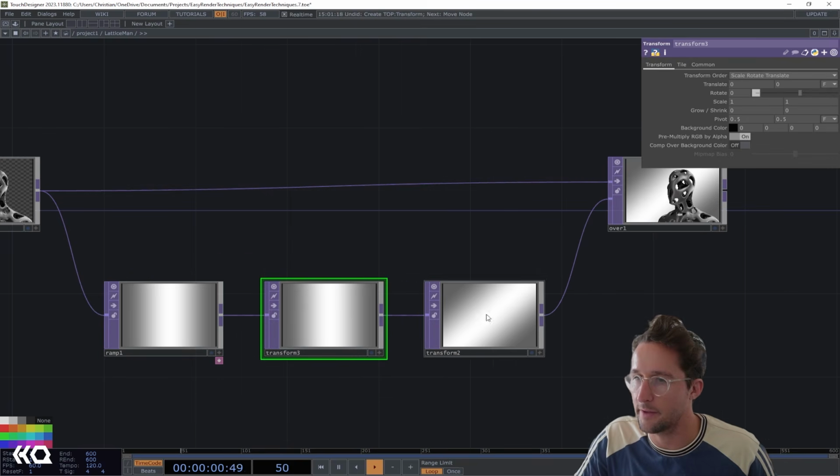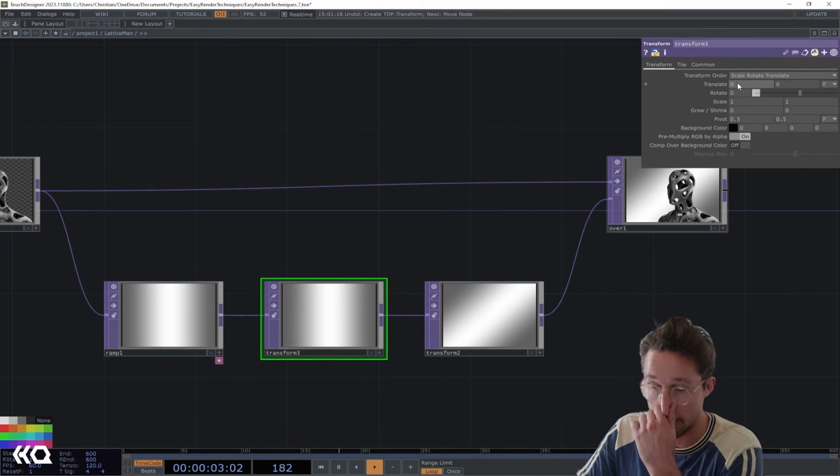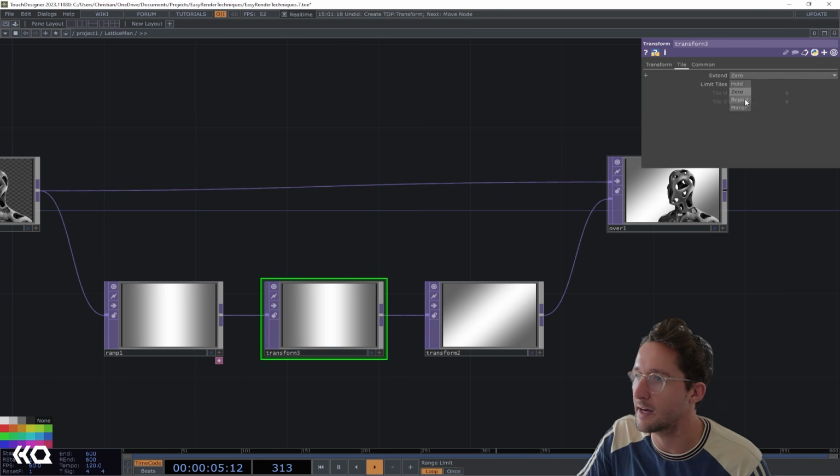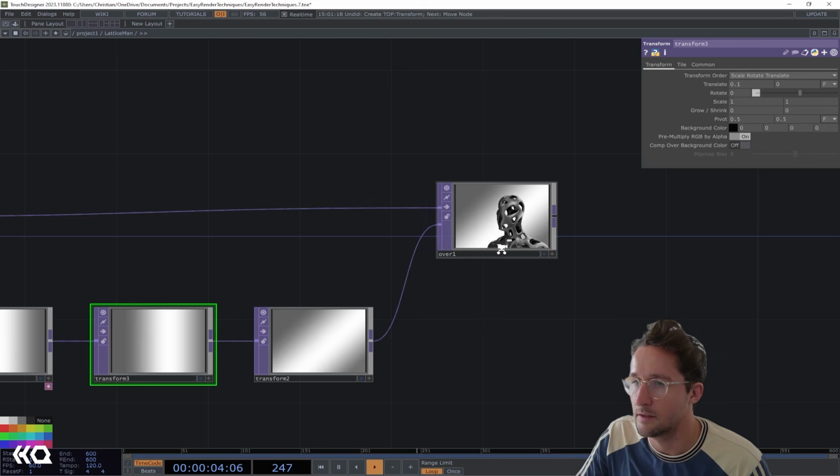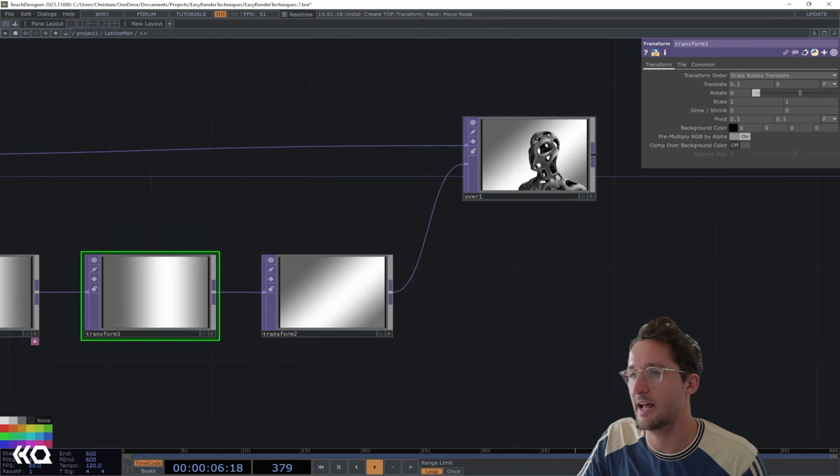Pop the transform on there. So now I can kind of move this, and it's not going to create anything where it's tile. I'm also going to not repeat. I'm going to hold it as well. Just kind of move this over. So now we kind of got this nice